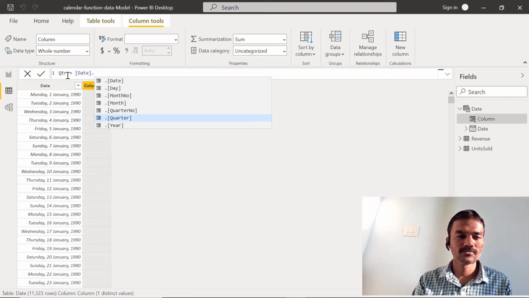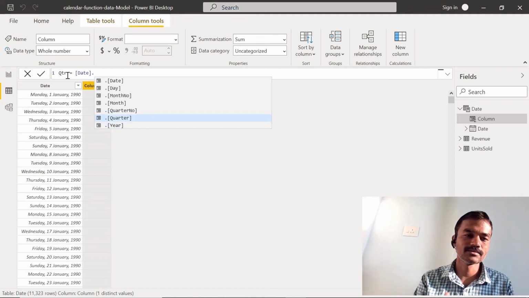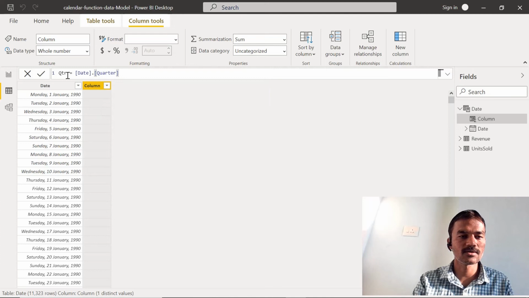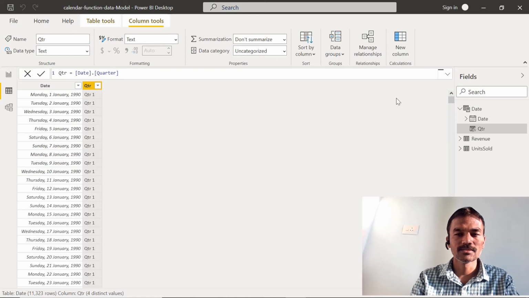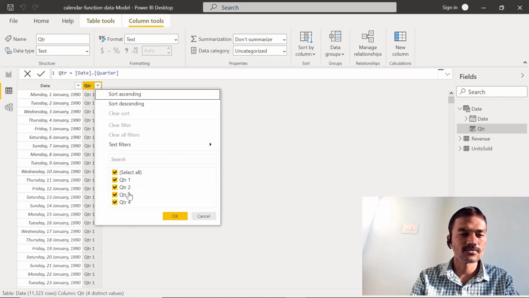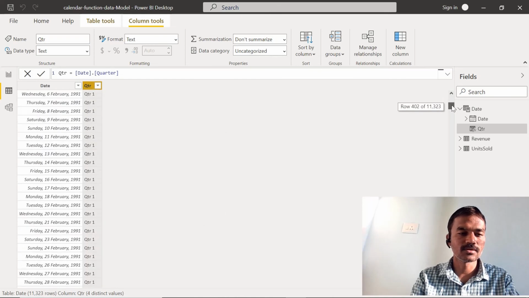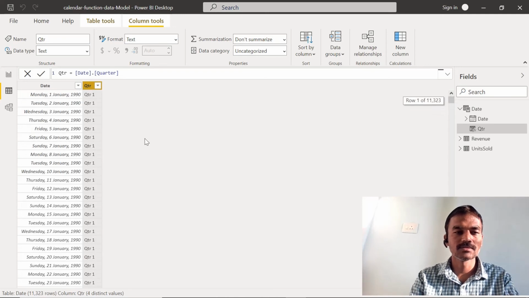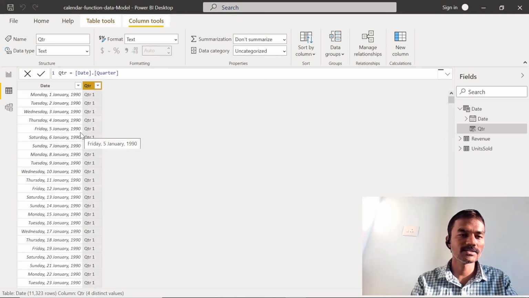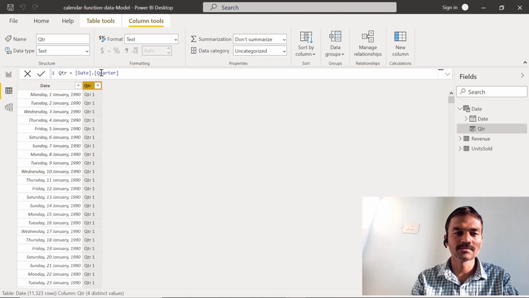There are other options like we can extract the day, just the month number, quarter number, or just the year. So this way, as per requirement, we can create separate columns and get all these things. Just select quarter and hit enter. Now you can see this is showing quarter one, and you can see all the values for quarter one, quarter two, quarter three, quarter four, depending upon in which quarter this particular date is falling. In a similar way we can extract the year as well, by mentioning the year after this date column. So this is how we can do this.